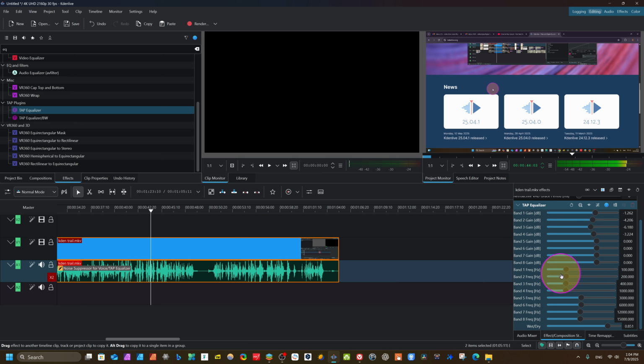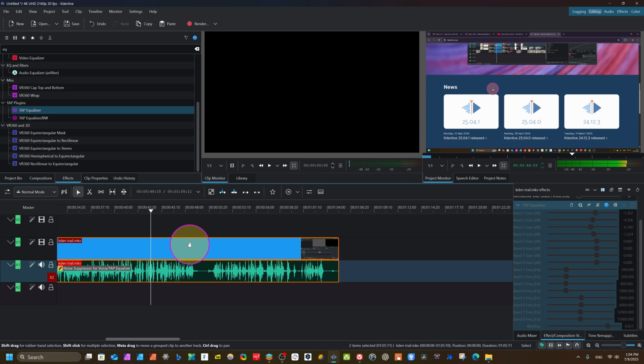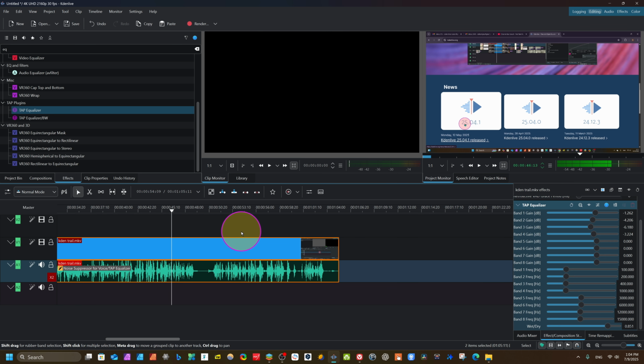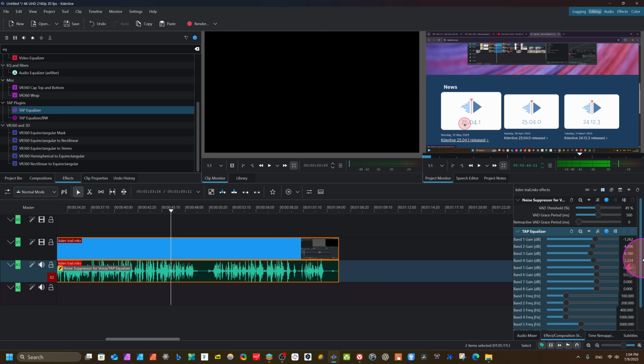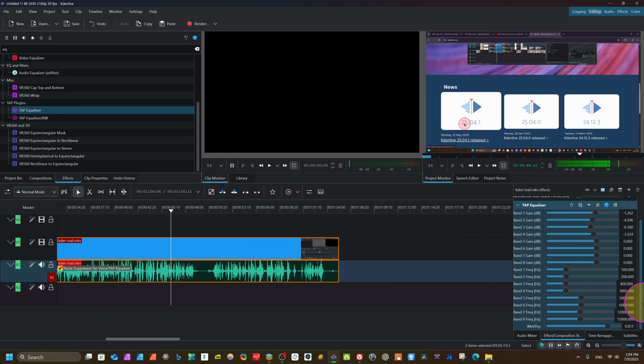If you want to change hertz, you see frequency, hertz, 400 etc. These are the default settings. I always use default settings, but you can change a little bit, and you can make the preset from here directly. You can reset, you can delete, you can disable. Now we listen to it, new version 20. After applying the effect, we listen now. Kdenlive new version 20. So it has worked. It has helped me to improve our sound quality here.